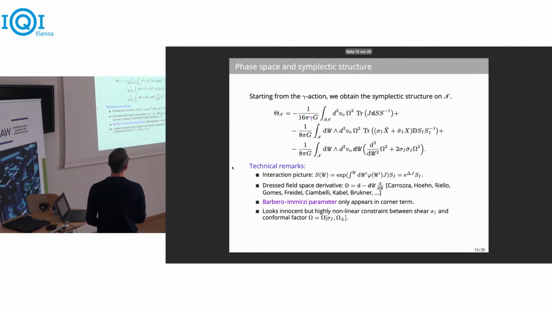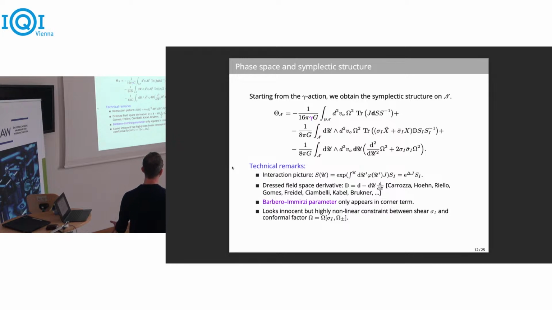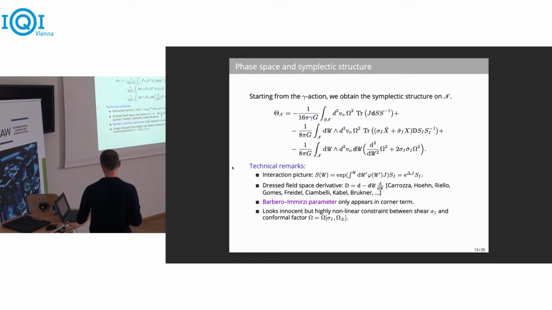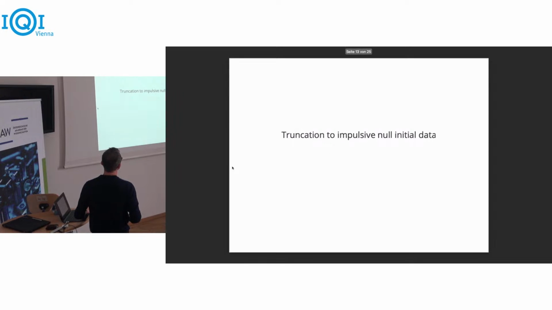But now all of this is highly complicated, I said, or highly nonlinear, because omega depends on the shear and the initial data in a complicated way, because you have to solve this second order differential equation for arbitrary shear. It appears in here, and from the symplectic potential you have to compute the symplectic 2-form, invert it, and then find a quantum representation. But this is very difficult because everything is now nonlinear. All the nonlinearity of general relativity is now in here. But there is perhaps a way to do this systematically